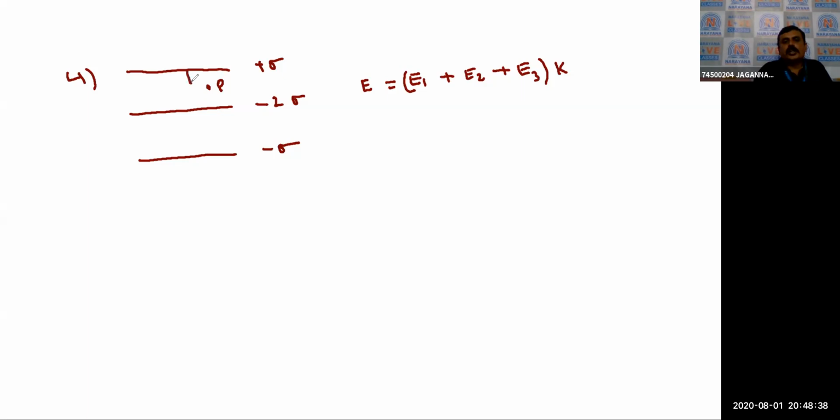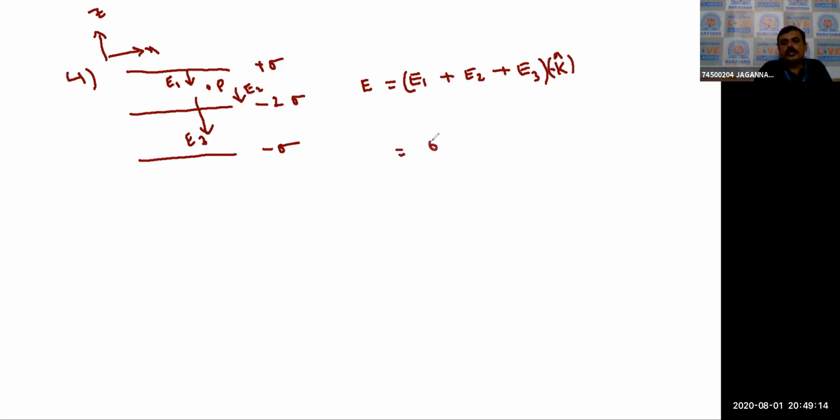This is electric field E1, and due to the second plate, it is also negative, so electric field E2, and E3 is also negative. So all are in the downward direction only. Here the z-axis is given upward and this is the x-axis, so downward indicates the negative z-axis. So this is minus k cap.